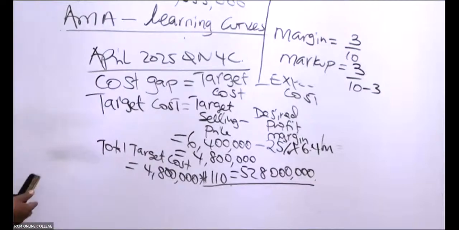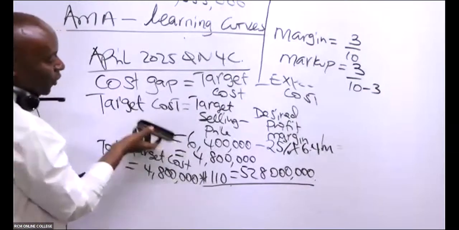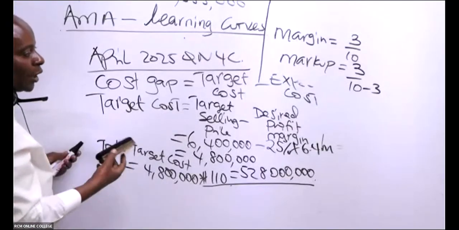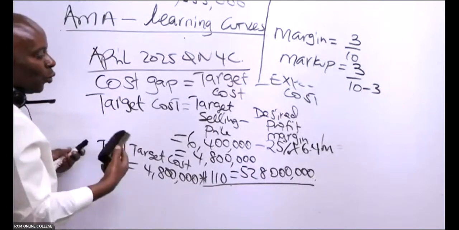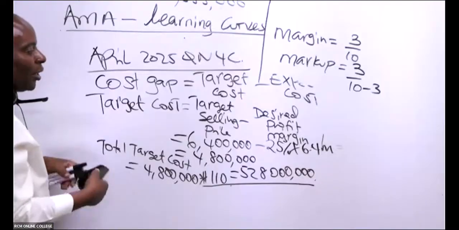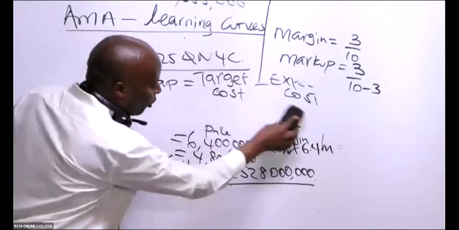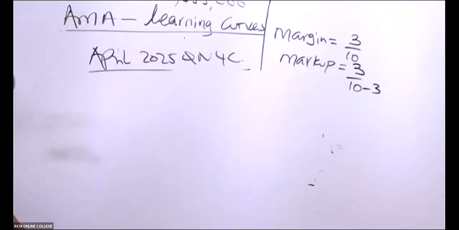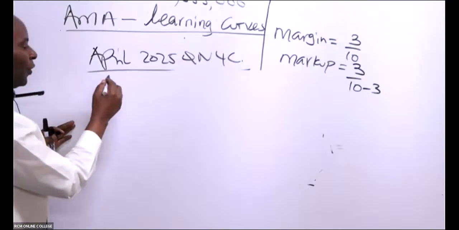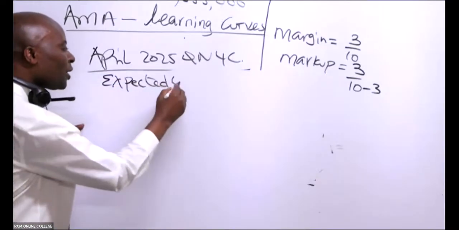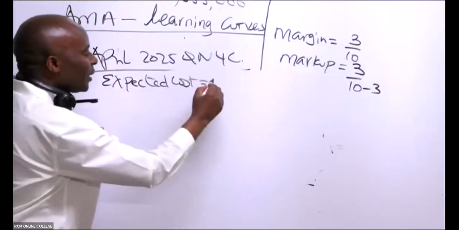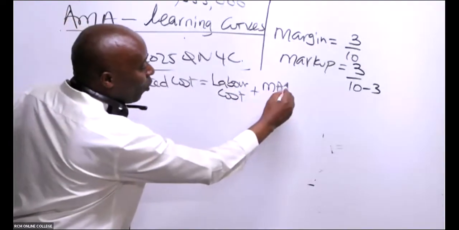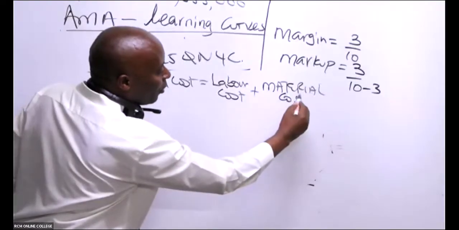So we have been able to take care of the targeted cost. Now, from there, we start our production process. So we shall be able to get what we call expected cost. How much do we expect this particular car to cost us when producing it? So go ahead and give us expected cost. So there are two expected costs there. We don't have any fixed cost. Expected cost, they have told us, ladies and gentlemen, is in this case here labor cost, and what here somebody? Material cost.